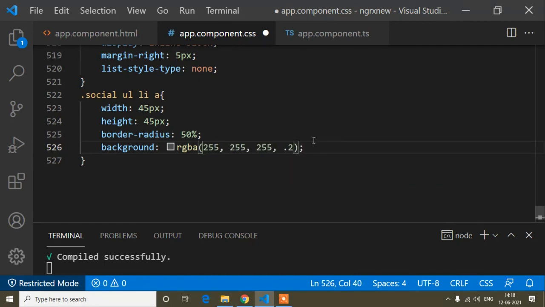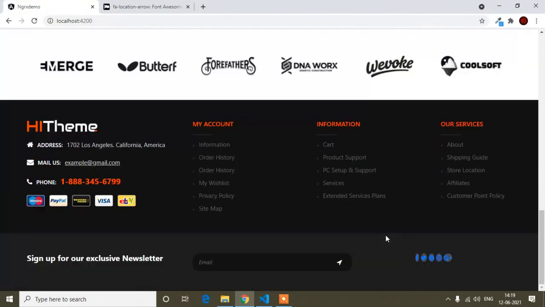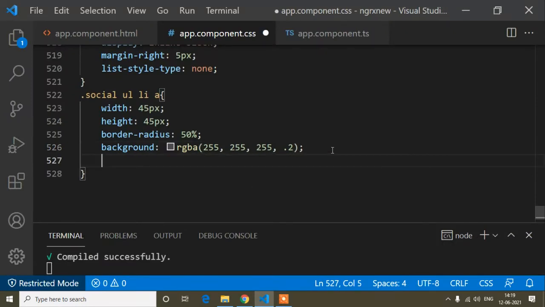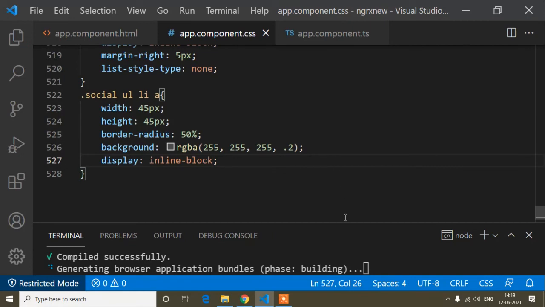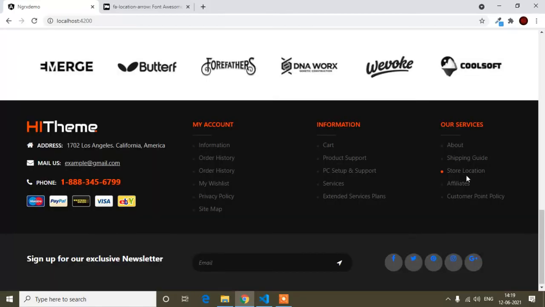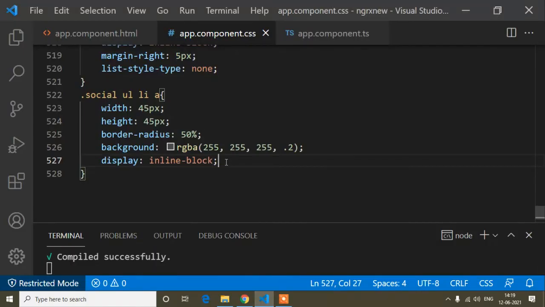Okay, so this is done, and now if I save, and if I show here, you will find it has added this round. Okay, so it's not showing properly because here I have to write display, that is inline-block. Now if I save, then you can see it's now like this. Okay, and here I will write the font size.